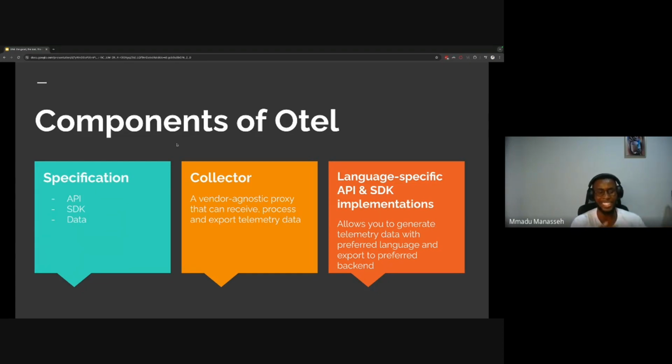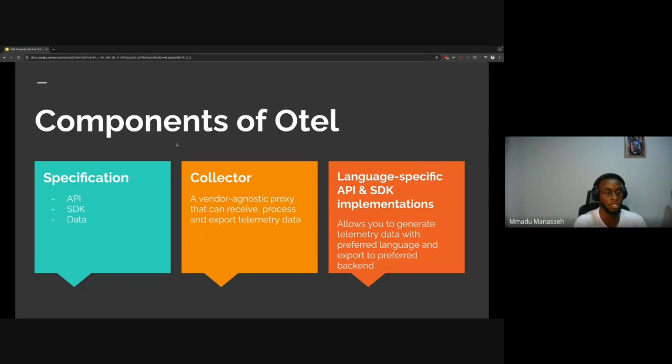Otel has 3 key components. The first component is the specification. The specification means set rules and conventions on how to do some things. Otel has a convention of how to write an API, how to write an SDK, and how to collect your data. That means if you are moving across software or across programs, these conventions must remain the same.